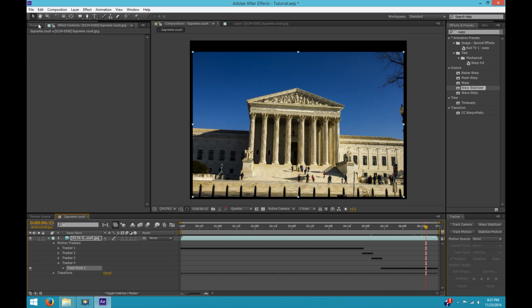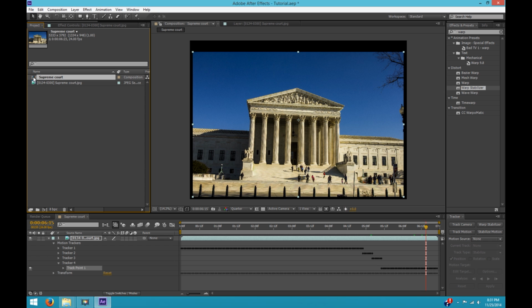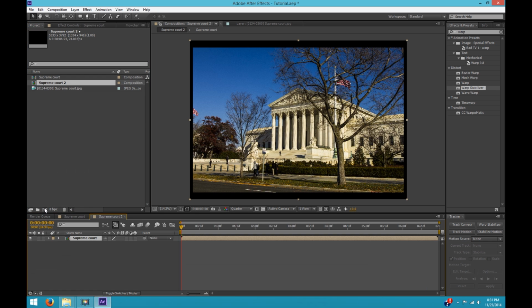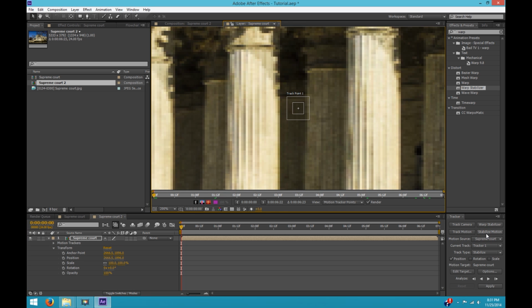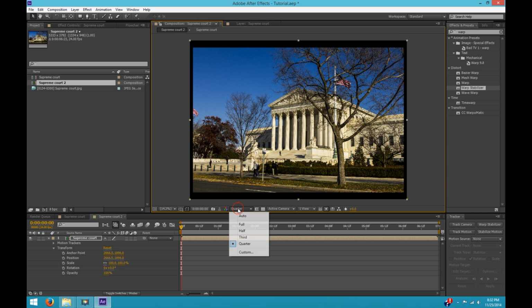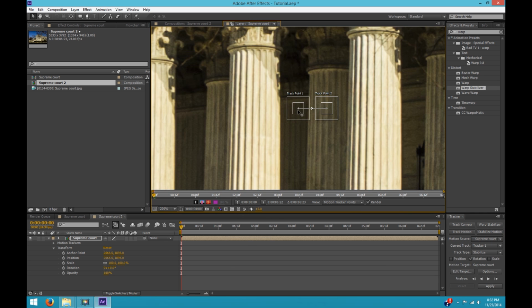Okay, so the next step is I want to go back to our project, and this is our composition. I want to drag the composition down to the new composition button. So now we have another new composition. And we don't have any of our tracking points or any of our transform information in here, so we can start fresh with the position already stabilized. So in this case, now all I have to do is stabilize the rotation and not the position. So I'm going to hit stabilize motion. I'm going to select rotation and I'm going to uncheck the position. Let me make sure my quality is full so I can see what I'm doing here.